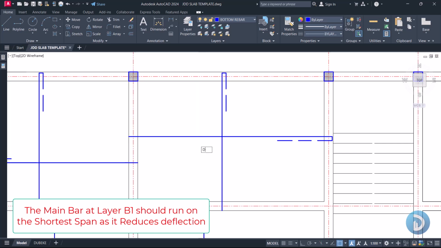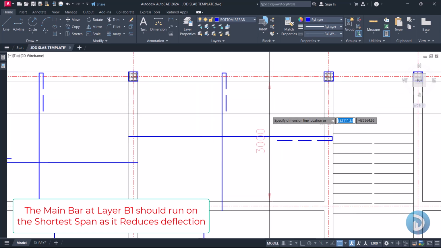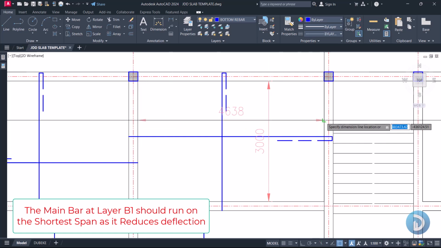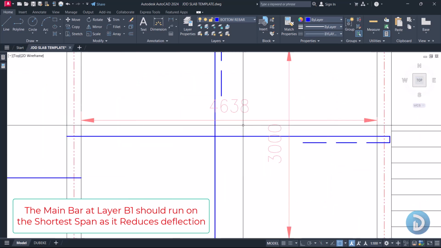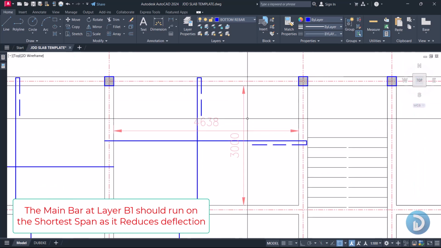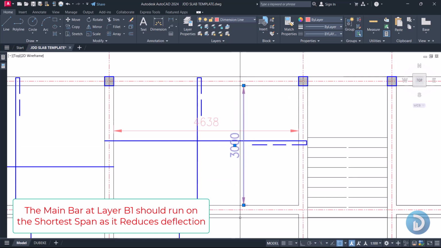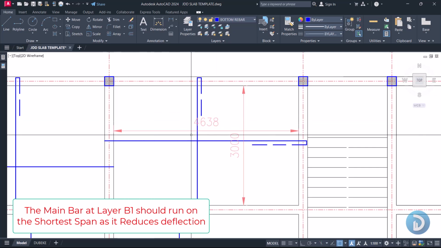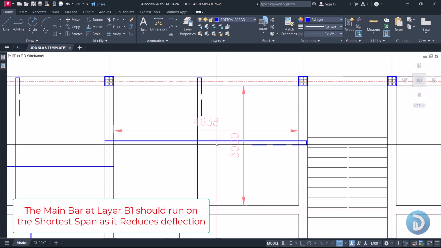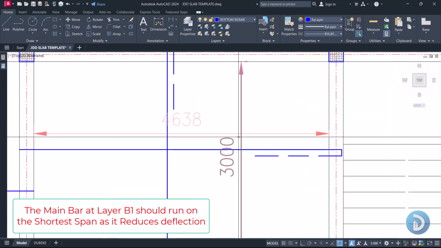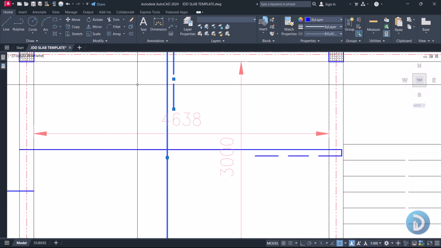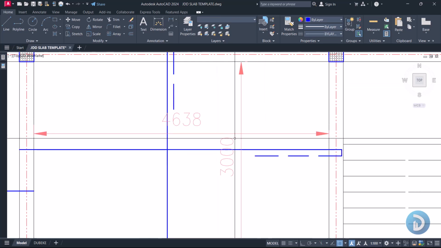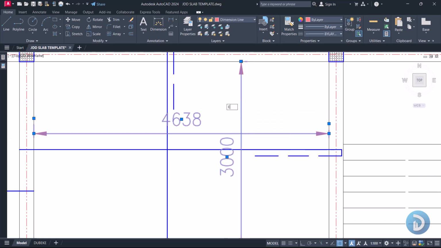So as you can observe in this slab, we have this first part as 3 meters, and we have this second part as 4638. So by indication, the reinforcement running parallel to this shorter span should be our bottom reinforcement at layer 1, while the main bar running perpendicular to this other length of 4638 should be the reinforcement at layer 2, due to their length. Okay, so this will be our bottom reinforcement at layer 1, and this will be the bottom reinforcement at layer 2. So we can go ahead and erase this,